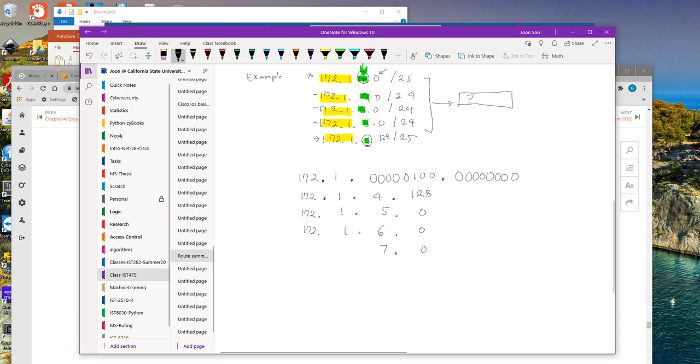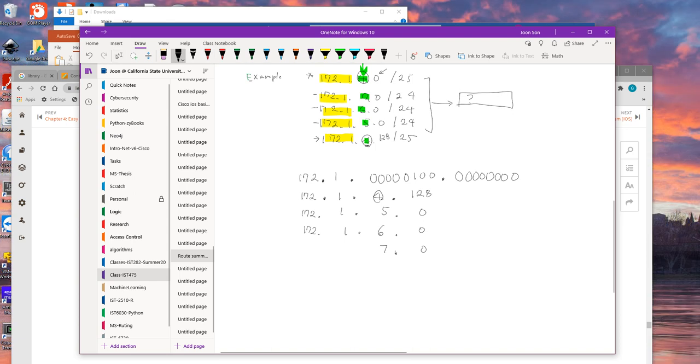Now the 4 is the same thing, I'm going to convert this 4, and then I convert this 128. Actually, you don't have to convert 128, but I'll do it anyway. It's 4.128, so it's 0, 0, 0, 0, 0, 1, 0, 0 dot, and then 128 is 1, 0, 0, 0, 0, 0, 0, 0, eight bits. Good.